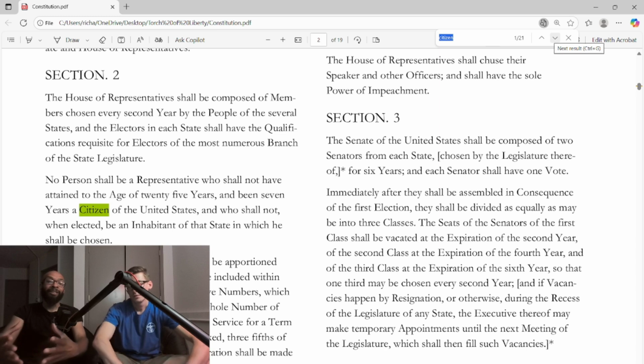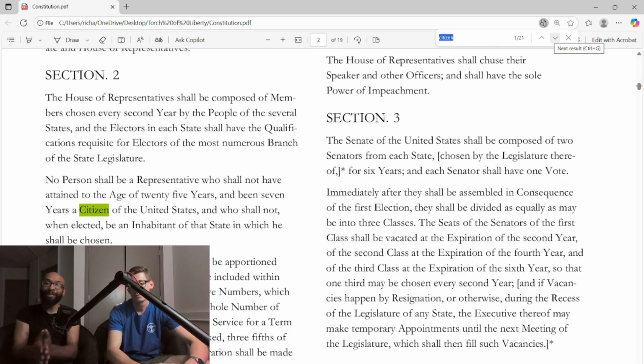So there's the Constitution of the United States, and then there's the Constitution for the United States. The Constitution of the United States means of the United States citizens. For the United States means for the United States corporation. So they have to abide by that Constitution. It's just one word that they switched up. The Constitution of versus the Constitution for.